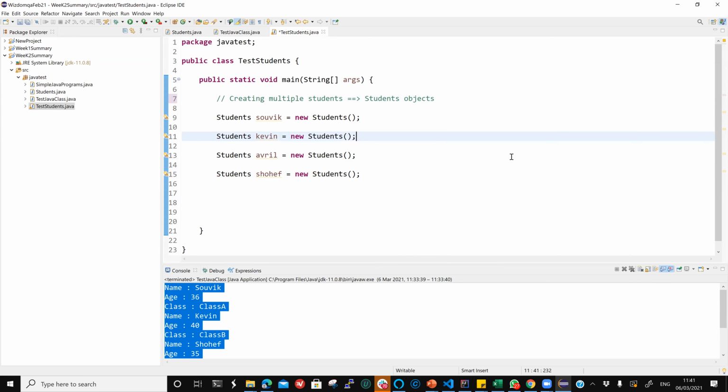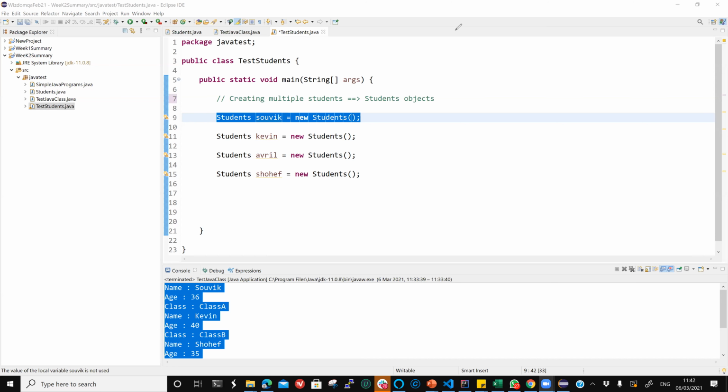What's happening here is whenever I'm writing this statement equals new Students, if you have watched my video earlier, I have spoken about 2 different sections in the Java virtual memory. One is basically, guys,